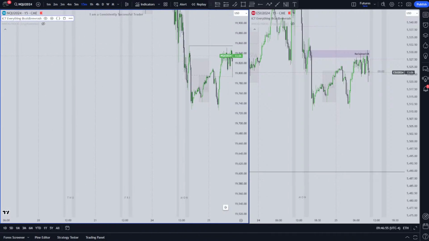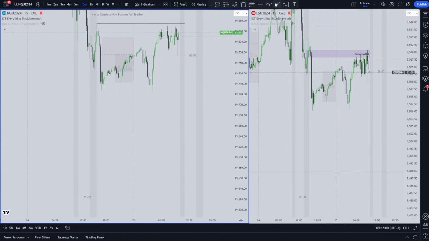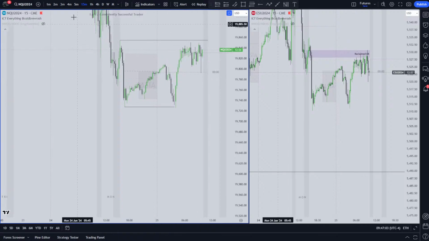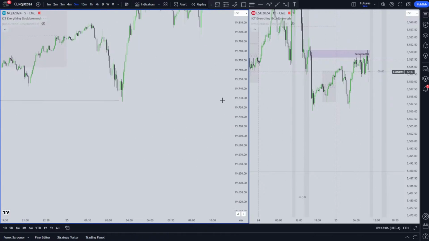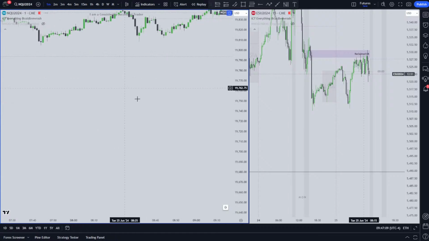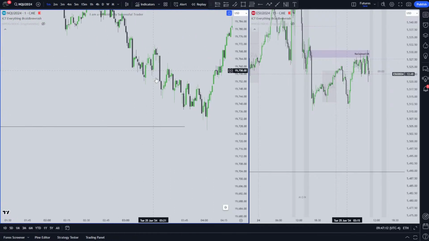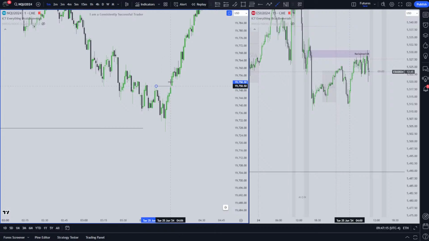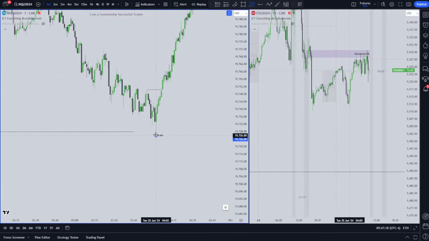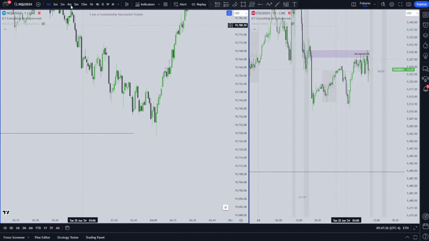Okay, I don't think anyone here was watching, but I was going over what happened at London when we swept the, I'll make it quick, right? We swept this low, and then 2022 model is a market structure shift. So if you're on the 1 minute or something, this is your market structure shift, and then he's saying find premium and discount and enter in discount or enter in a fair value gap. But see, bro, that is way too basic. There's so many things you're missing out on that you could improve with.